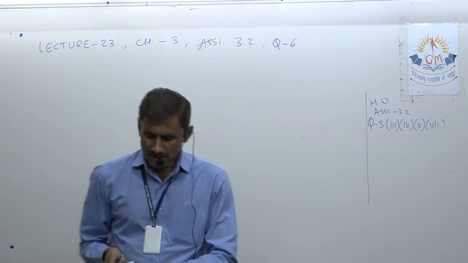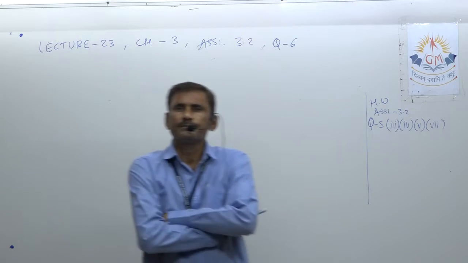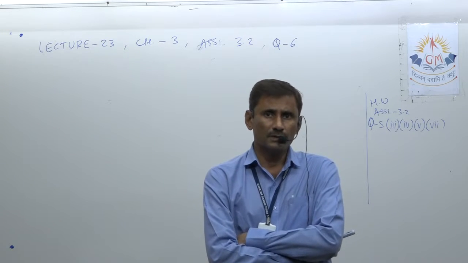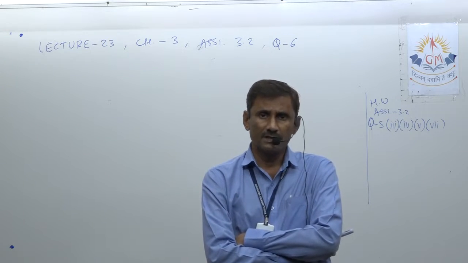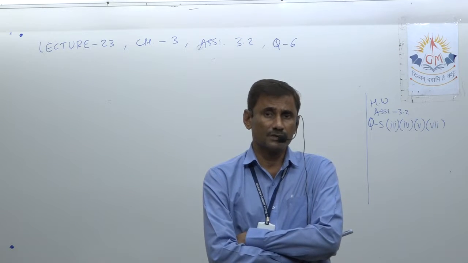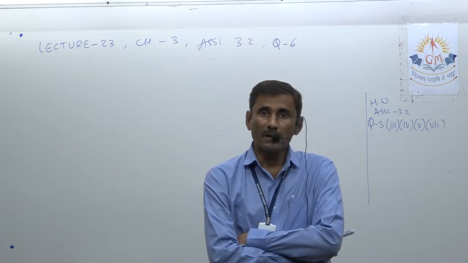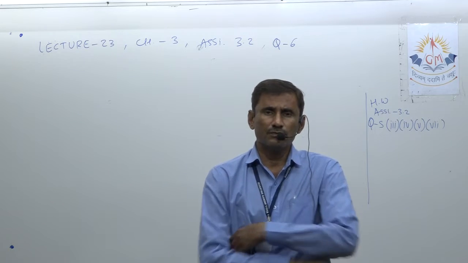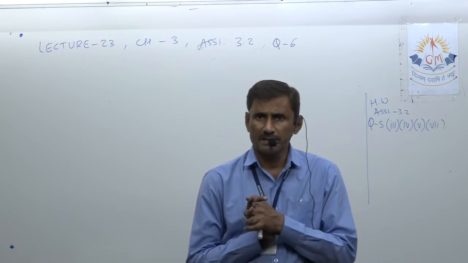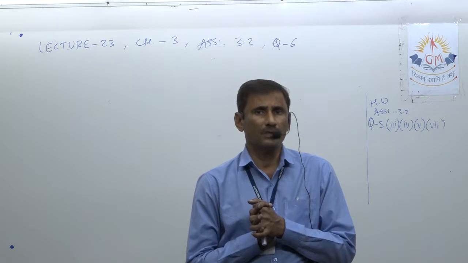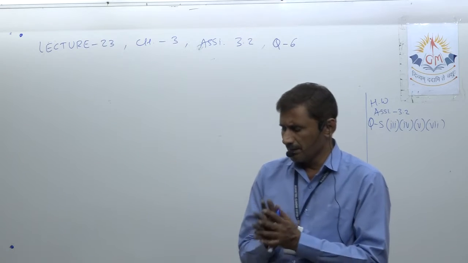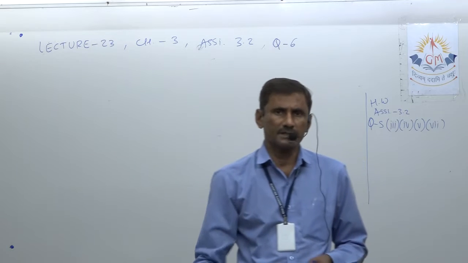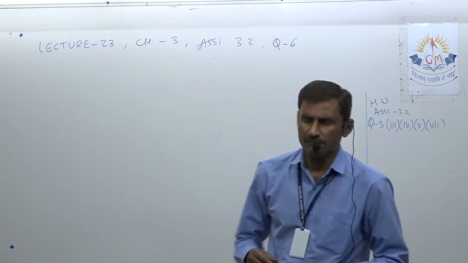But in decimal numbers, the prime factorization method is not so useful. You have to apply the long division method only here. Whatever we discussed in earlier lectures, you have to apply here. The only difference is that they were integers and here we have fractions. That is the only difference.